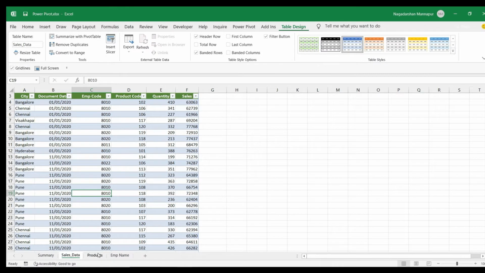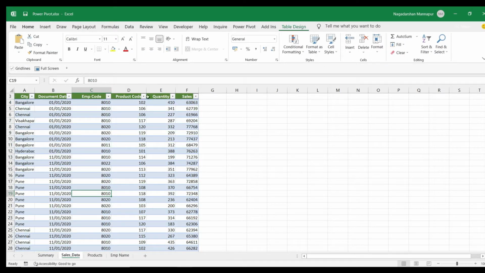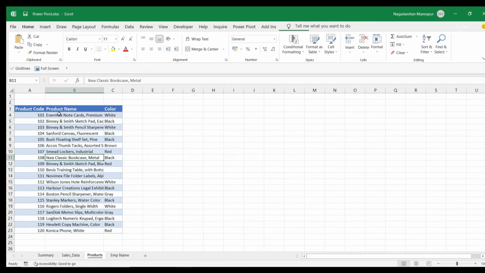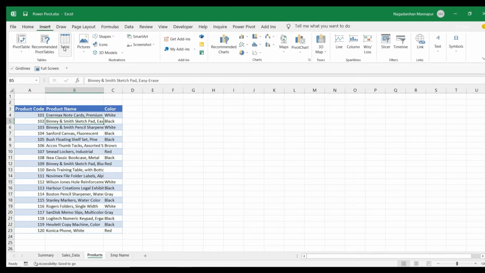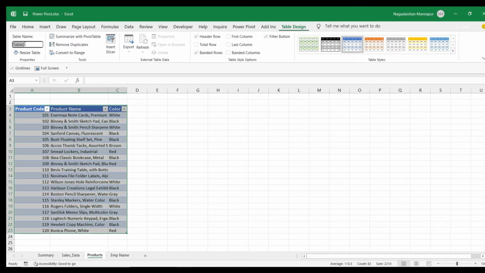Now I'm going to change the table name to sales data, and the next one, which has all the product names. This sales data does not have product names, but it has the product code. So I'll create it into table format, then change the table name to product name.